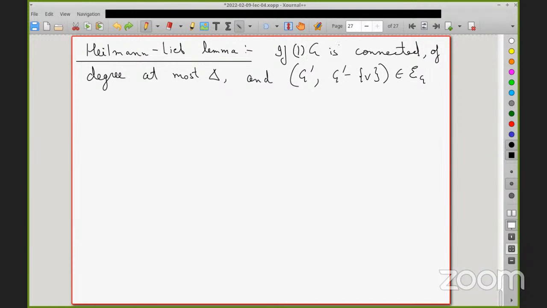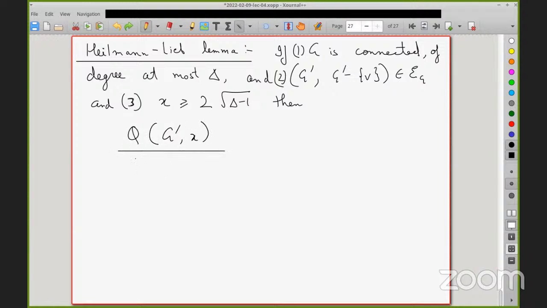So this is the first assumption, and the third assumption is that x is bigger than 2 times the square root of delta minus 1. Then this q of G prime x divided by q of G prime minus V x is greater than root delta